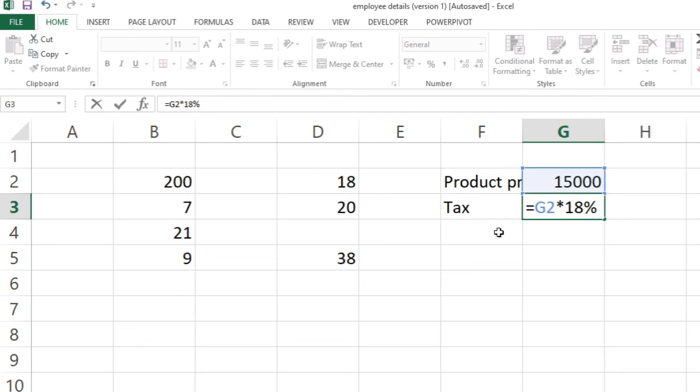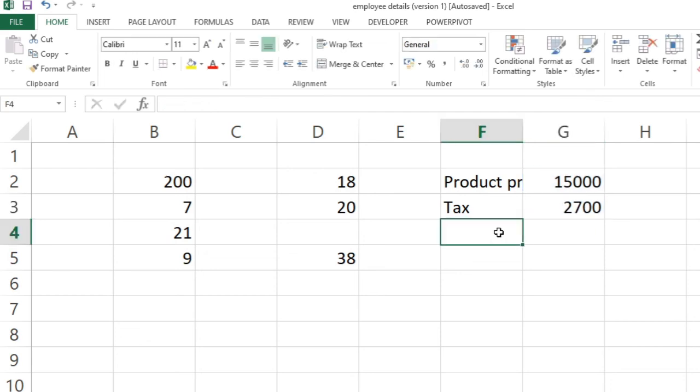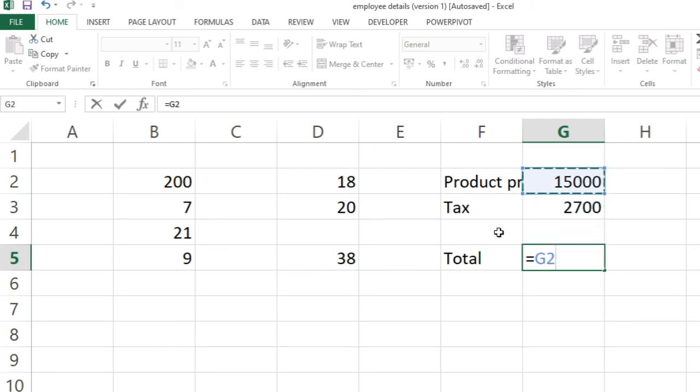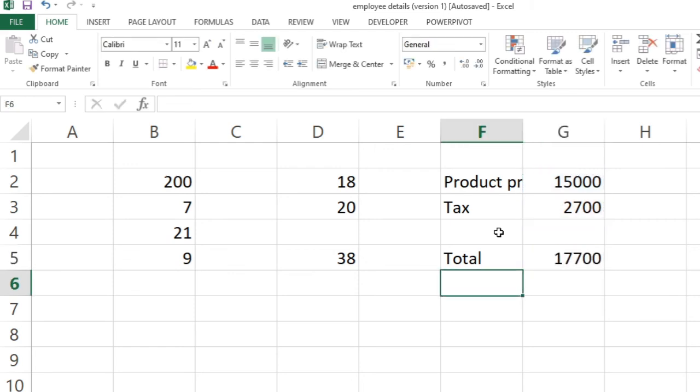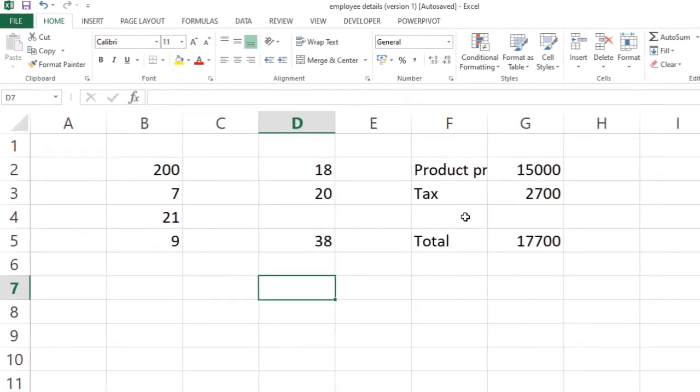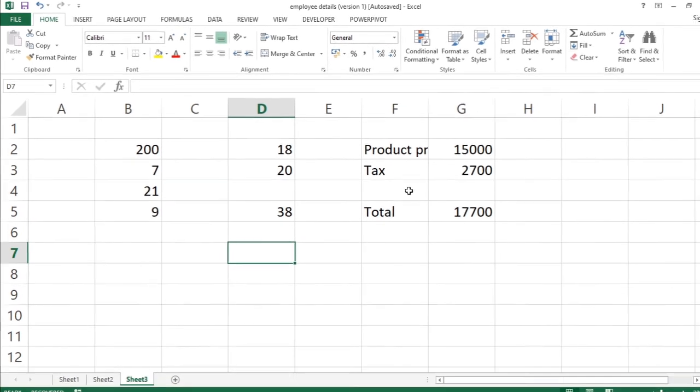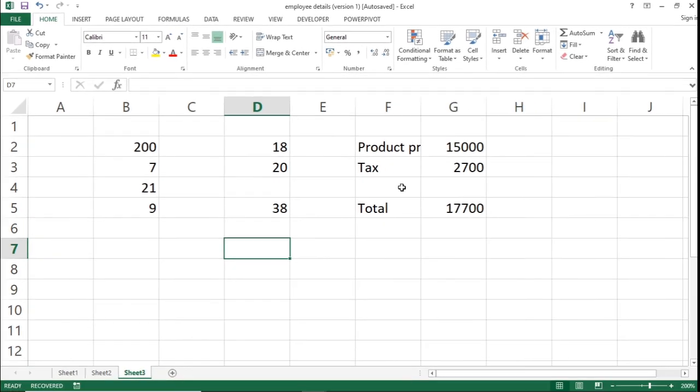You need not divide by 100. You can use the percentage. I can add this, equals G2 plus G3. So this is how you can do some simple calculations in Excel. Let us see some details about formulas at a later stage.